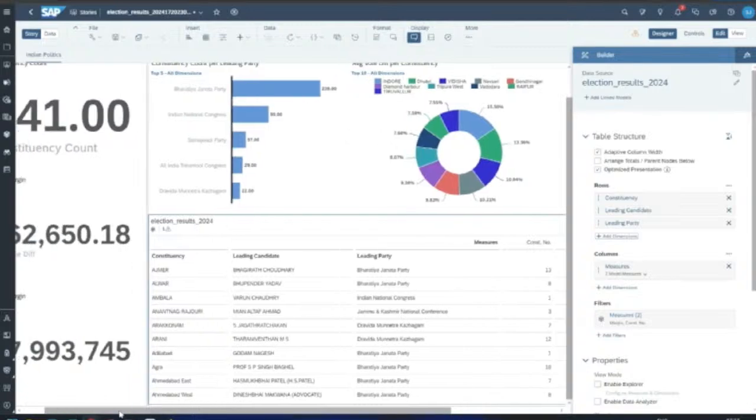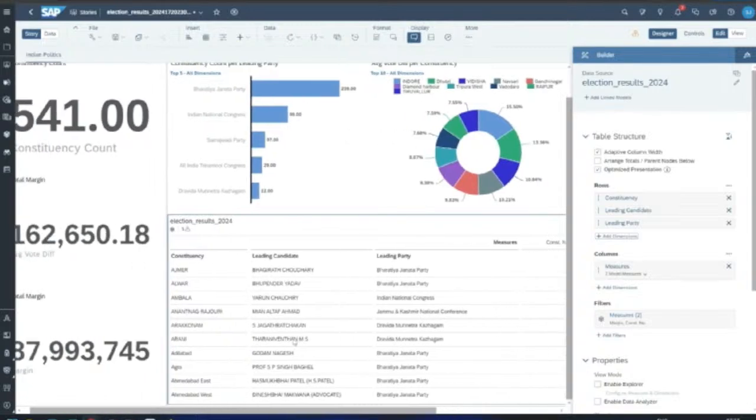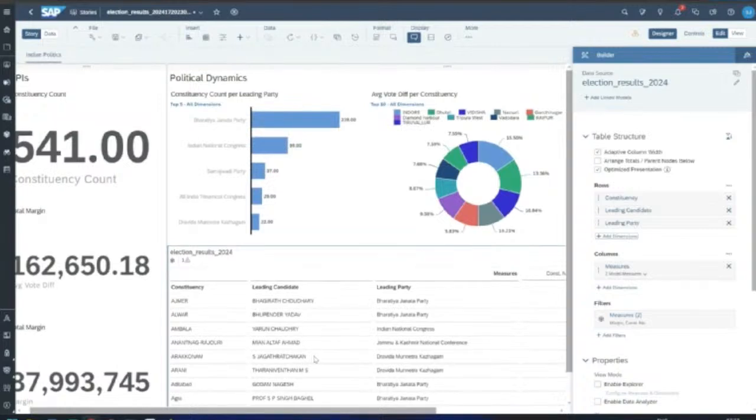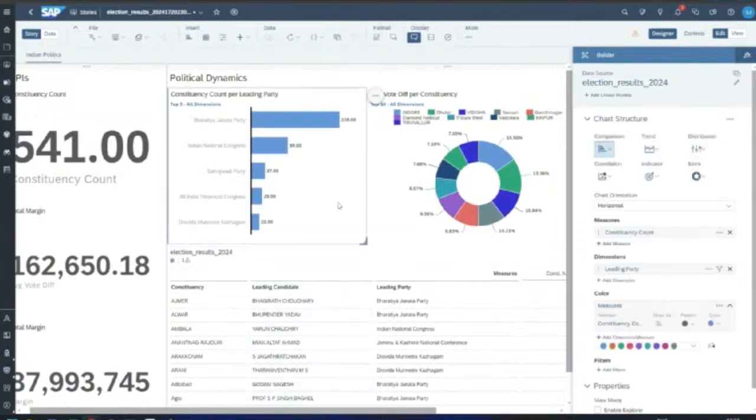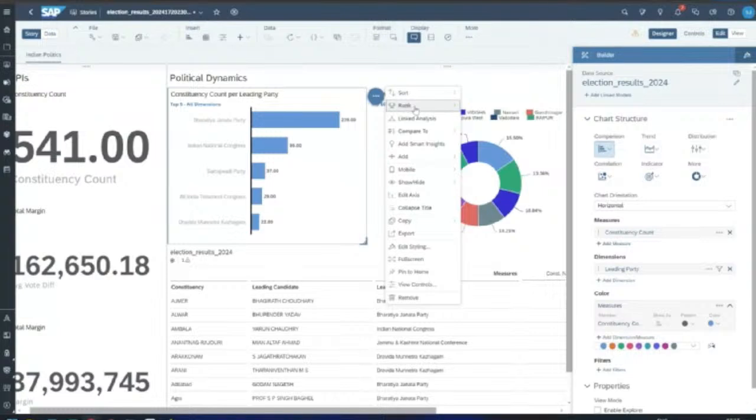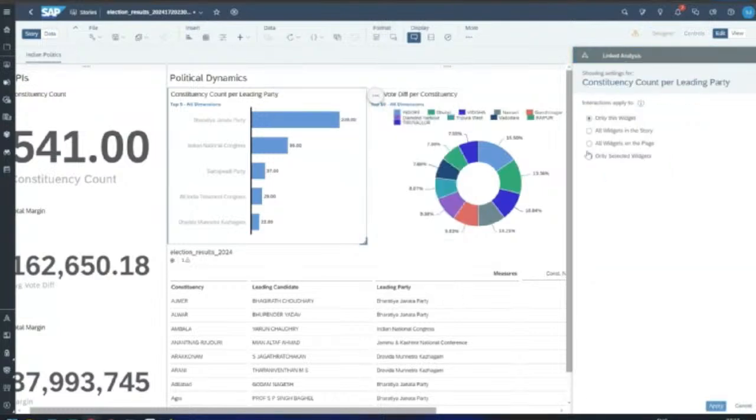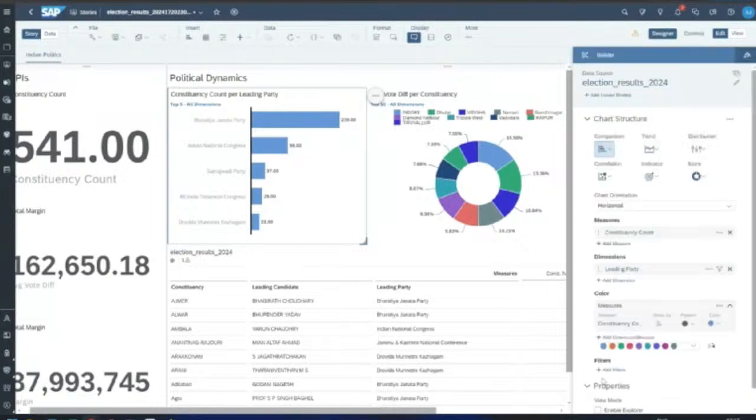I would want to know now, out of all these constituencies, how many candidates are from BJP in the different constituencies. To do that, we click the first chart and choose the option for linked analysis, select all widgets on the page, filter on data point selection, and click apply. So almost zero coding, and now watch out for the magic.